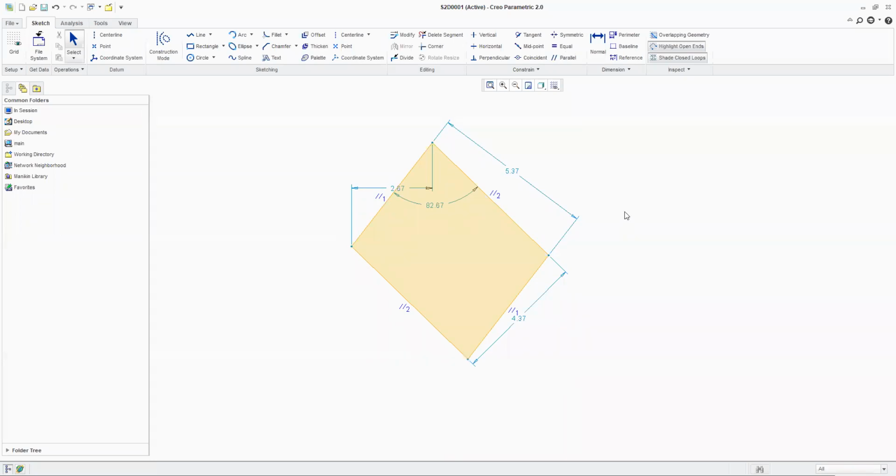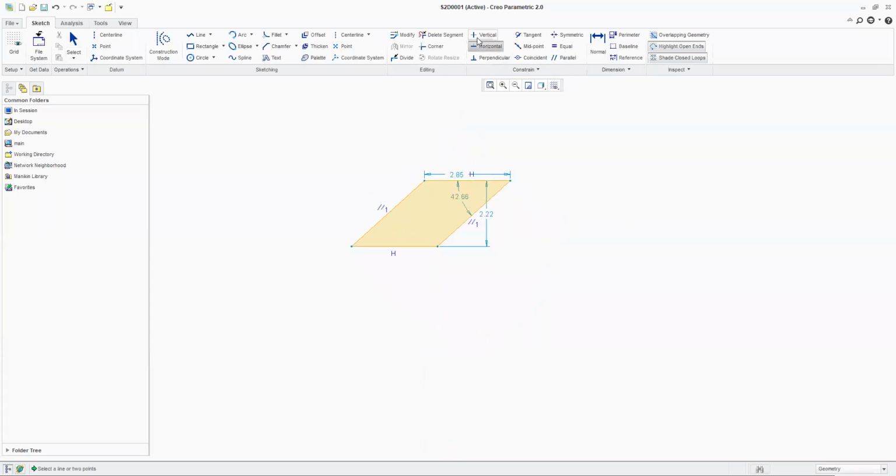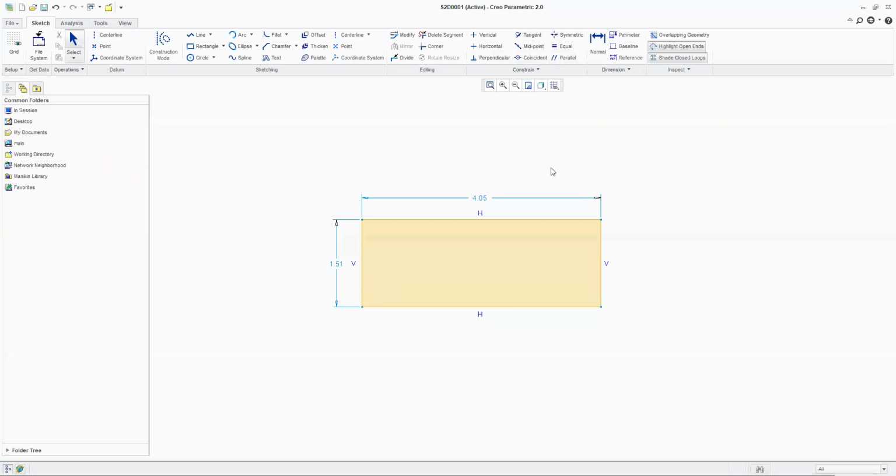So all these were your constraints. What do we call them? Geometric constraints. Yes, this is how you give the geometric constraints in Creo.